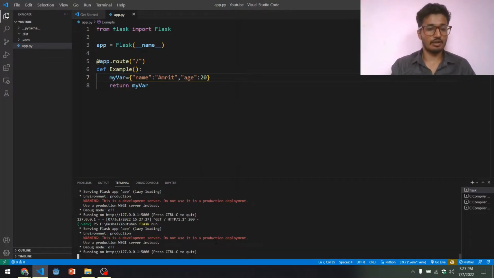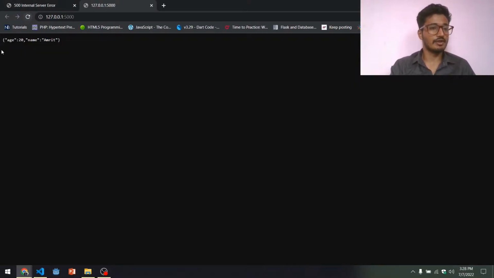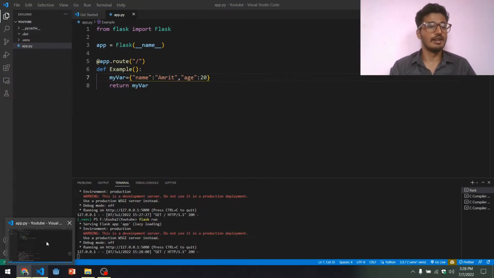Now I'll just refresh this. As you can see, the API has returned me a dictionary. Now we can use this dictionary as we can in JavaScript. We will see that in the later sections, of how we can actually use this information in our front end